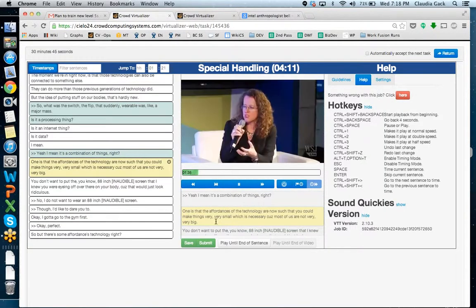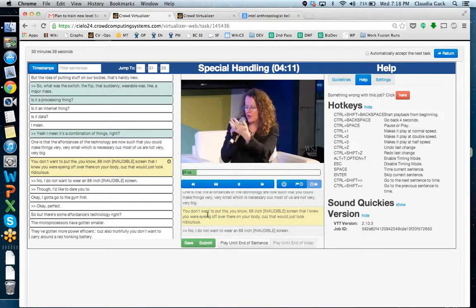One is that the affordances of the technology are now such that you could make things very, very small, which is necessary because most of us are not very, very big. You don't want to put the 88-inch OLED screen that I know you are eyeing off